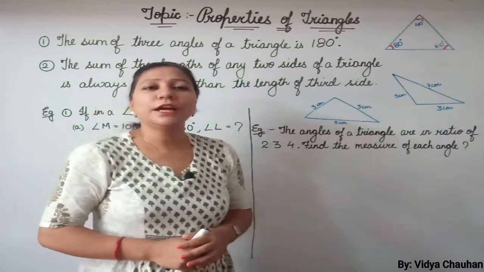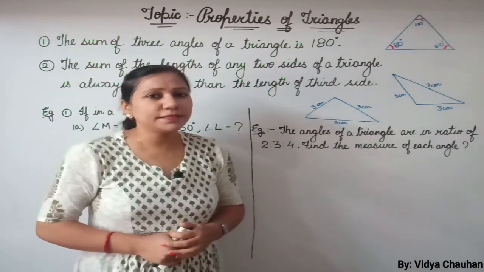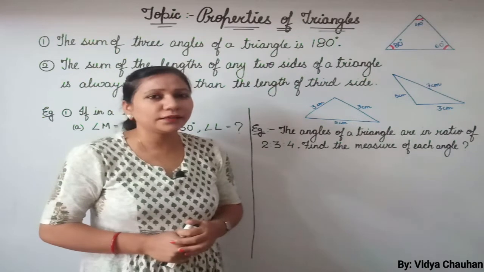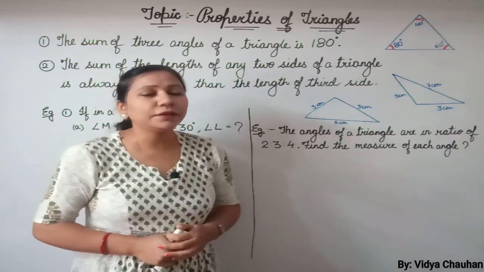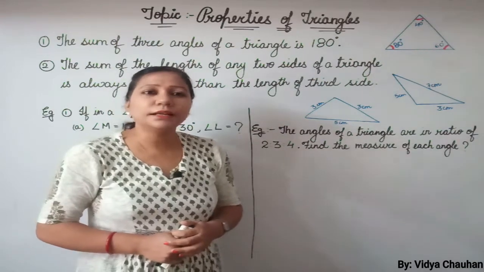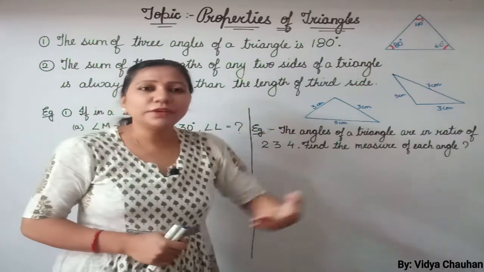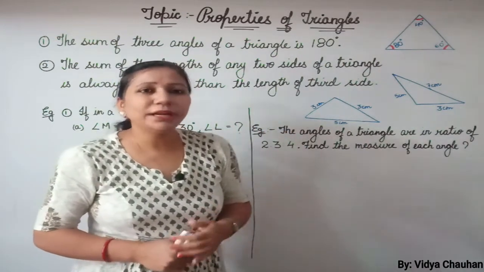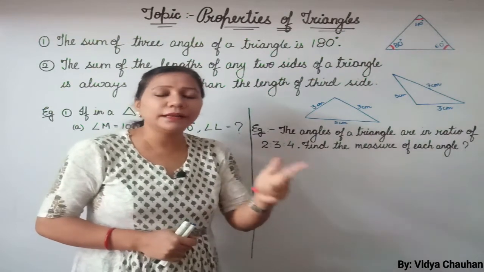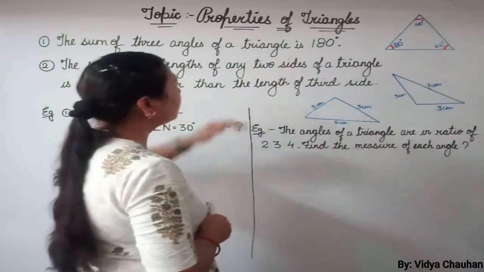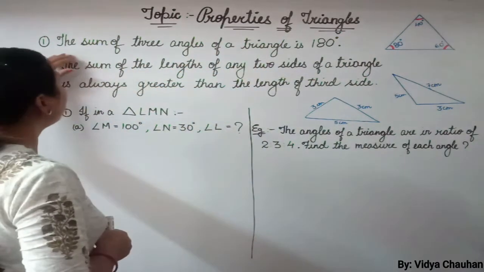Students, till now we have studied about triangles, and their classification on the basis of sides and angles. Now, today we are going to start with another topic related to triangles, that is properties of triangles. As we have already done equilateral, scalene and isosceles, along with acute angle, right angle and obtuse angle, now it's time to discuss some properties of the triangle. So let us see what the properties of a triangle are.